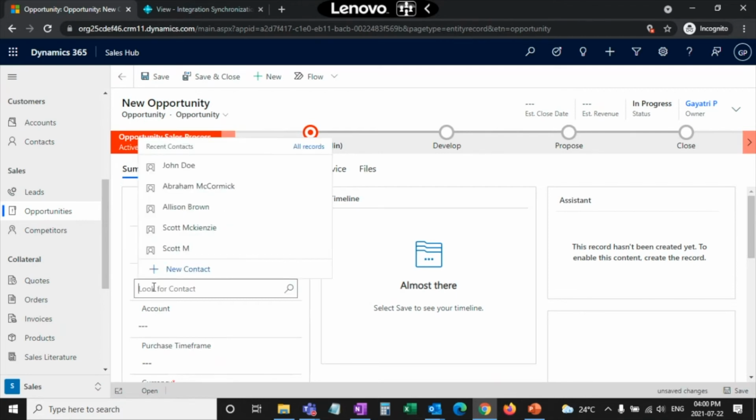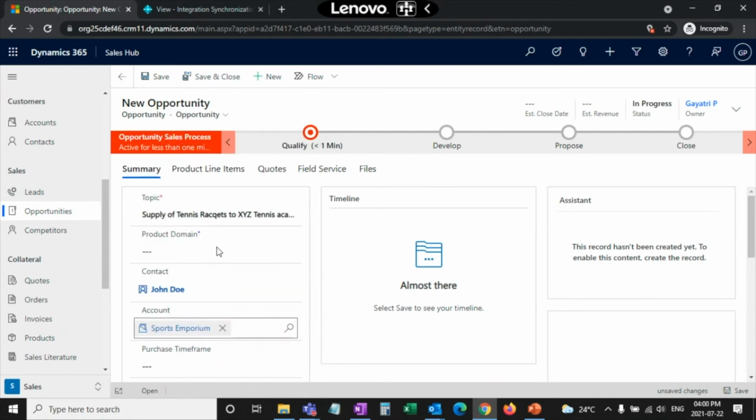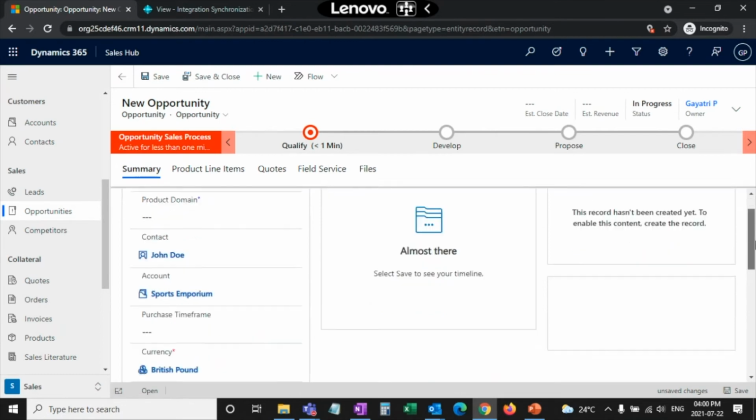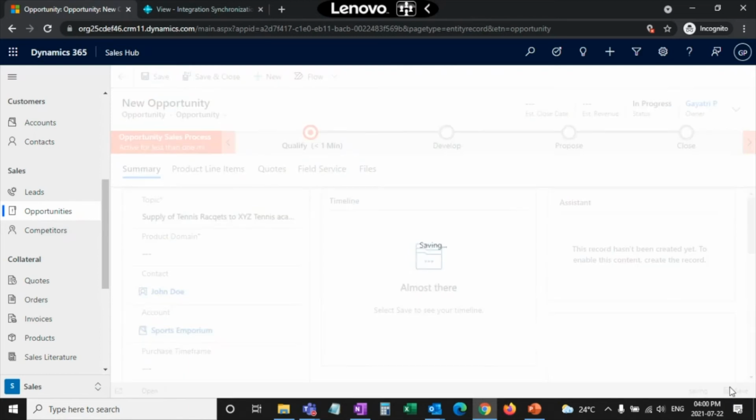Okay, so here I'll be selecting the contact. I'll select John Doe as the contact. I'll select Sports Emporium as the account. And all the other details that are required for this particular opportunity, I will be entering. For now, I'm only entering the basic details and I'm clicking on save.